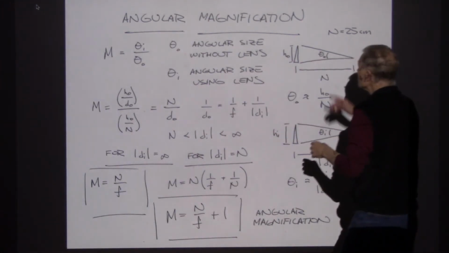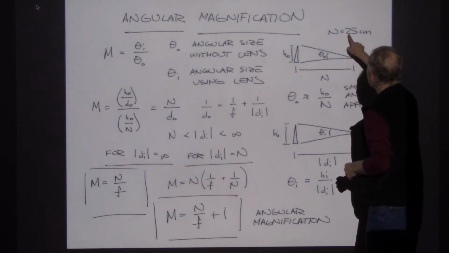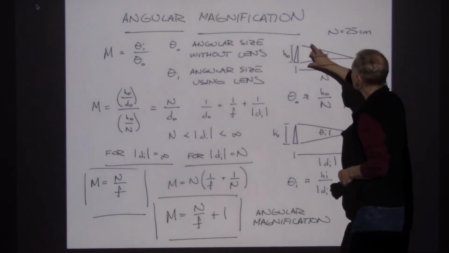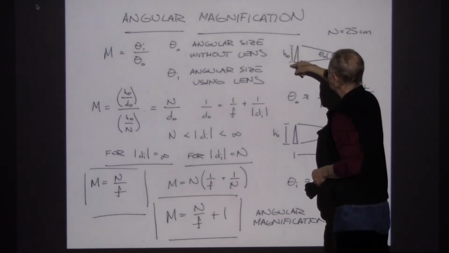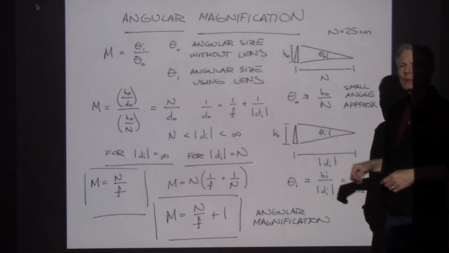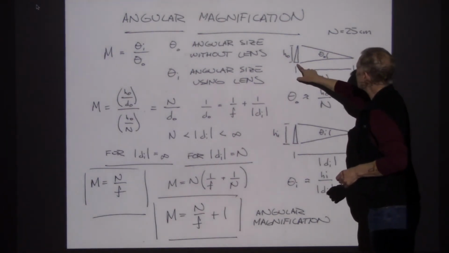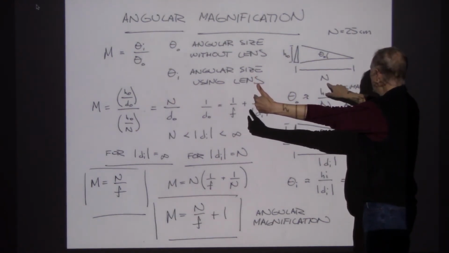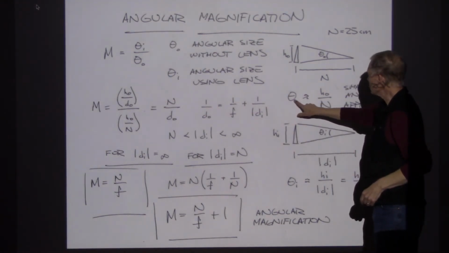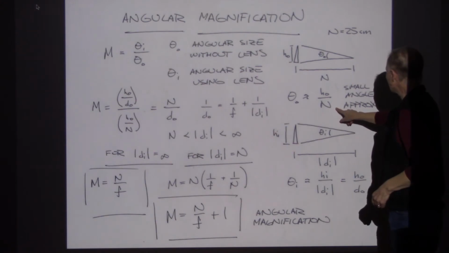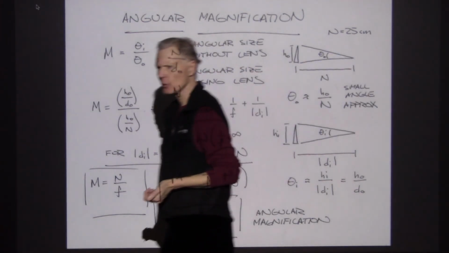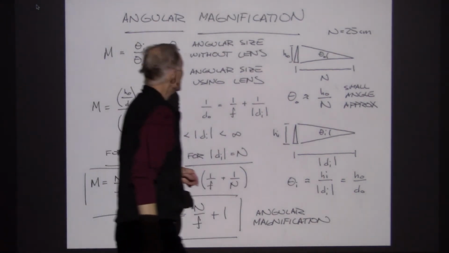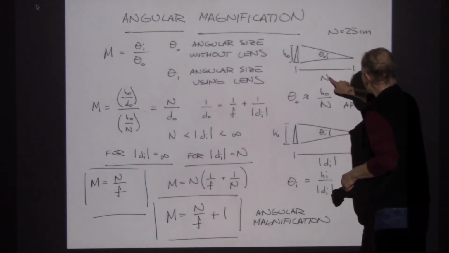Now, for our purposes with the magnifier, we're going to use the near point. So here's my near point. Here is my reference angle. I've got an object. It has a lateral size of object height. And if it's object height in size, and it's this far away from me, n, then I can calculate an angle approximately as HO over n. Now that's one of our small angle approximations. It says that if HO is much smaller than n, which it is,